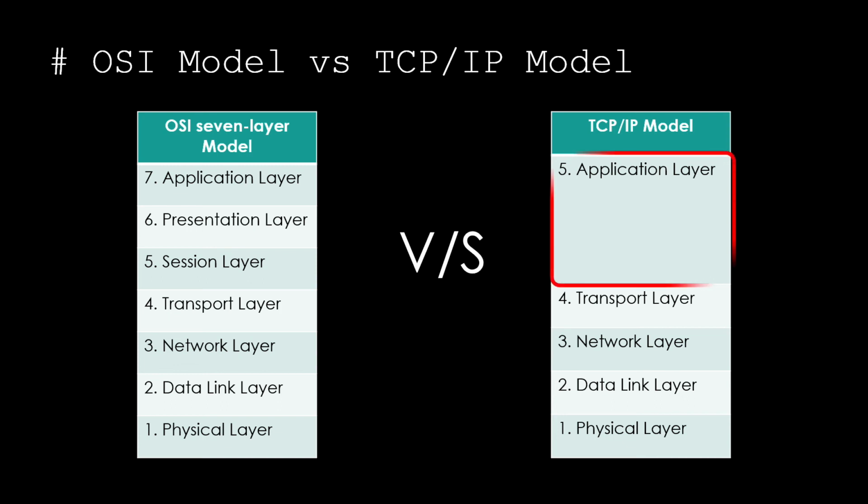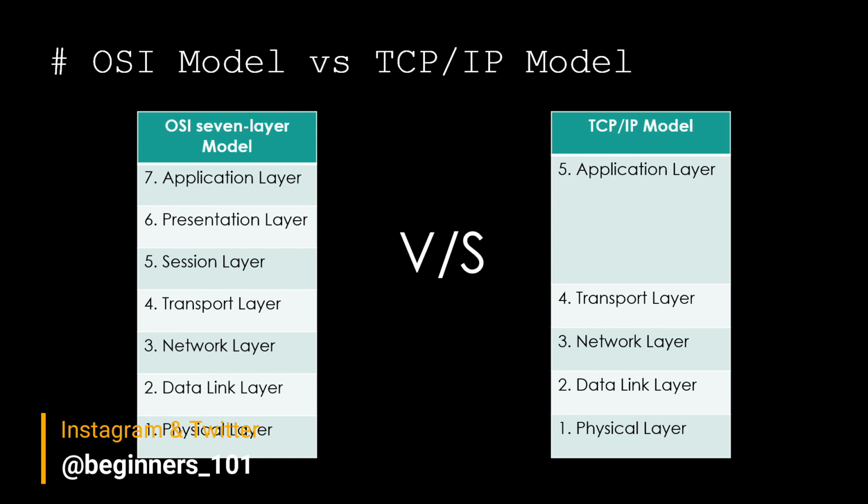It is equivalent to the combined session, presentation and application layers in the OSI model. You might get a little bit confused by the difference between these two models, but don't be confused. We'll talk more about this. Keep in mind the names and the number of different layers in these models, and that's it. As a matter of fact, the OSI model was never fully implemented, and TCP/IP is the only standard on which the internet was developed.